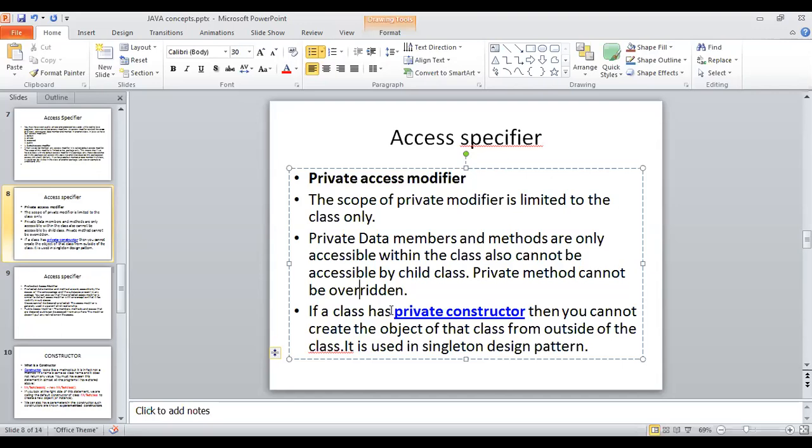That's a very important concept, which generally we use in the singleton design pattern. Anytime people can ask you, can we define a constructor as private? The answer is yes. What are the benefits, and what are the pros and cons of defining a constructor as private? You should know that. When we are writing this, people can ask a question: can we override private methods? Then you should know we cannot. The reason why, you should know, is the use of this private access specifier here.